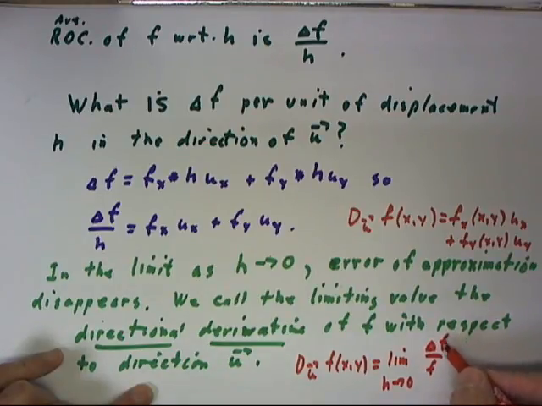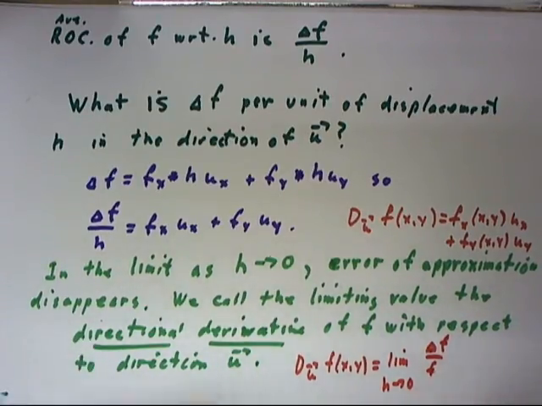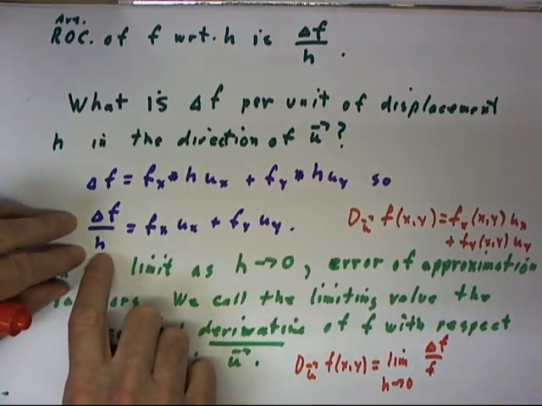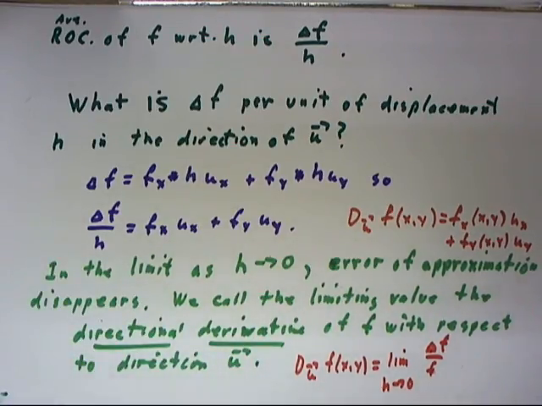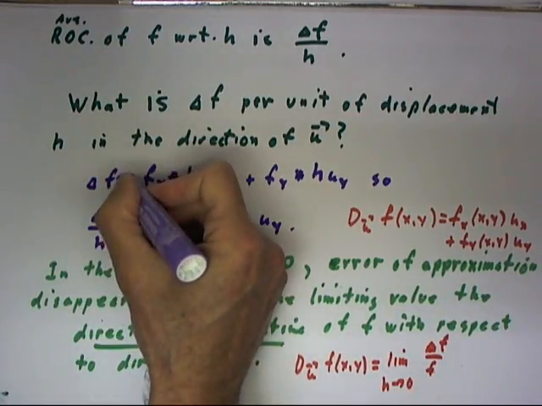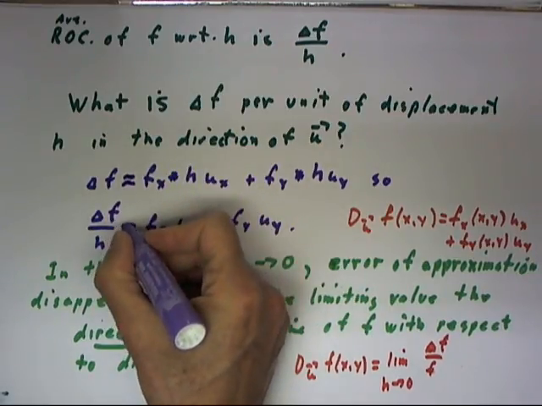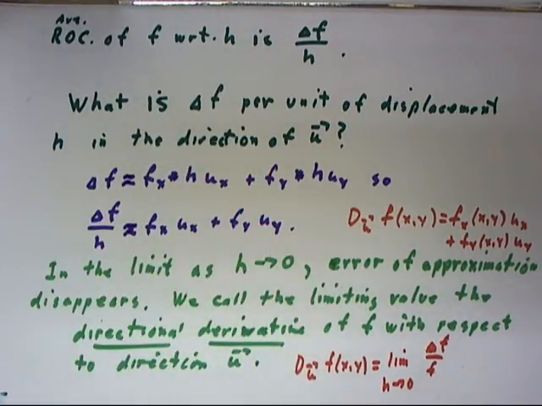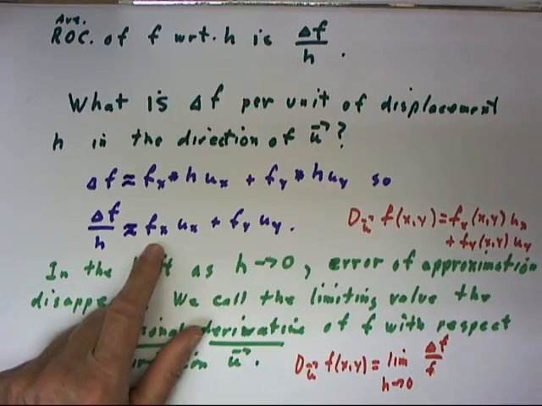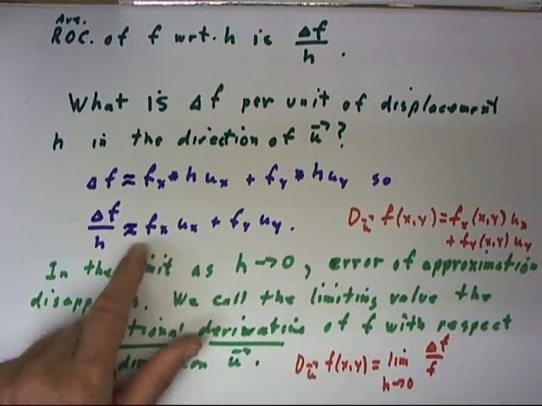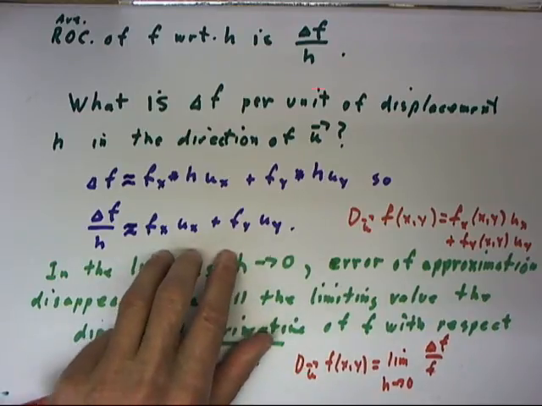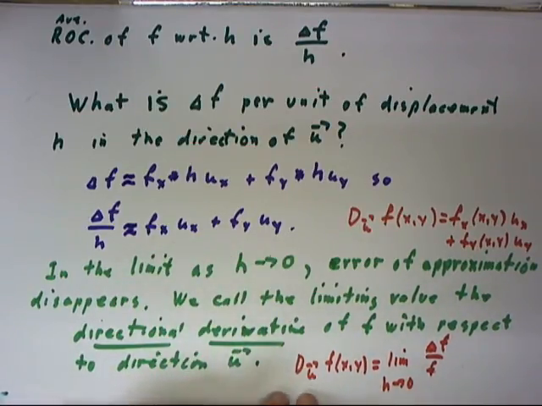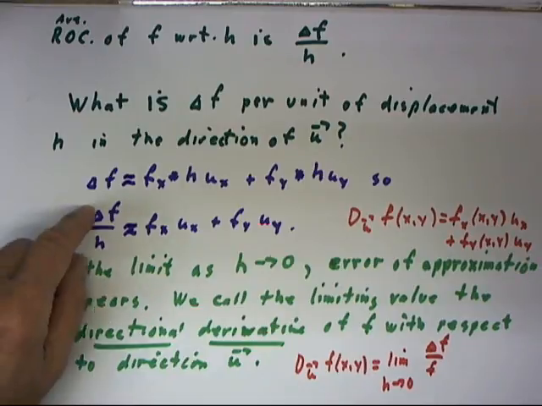Now, we haven't algebraically written out these expressions, so what we're doing here isn't completely rigorous, but we understand that in the limit as h approaches 0, the approximation of these two expressions, and I really should have written that with approximately equal signs, becomes exact. The approximation approaches the limit of the exact rate of change of F with respect to motion in the